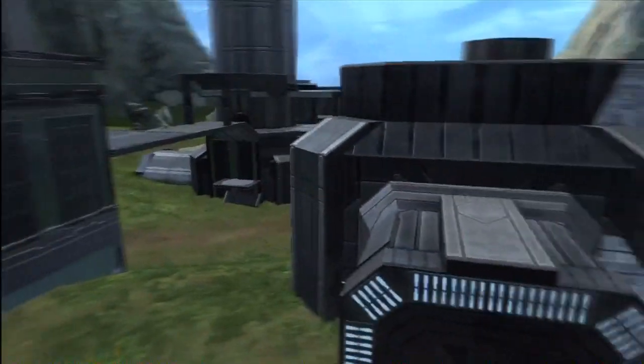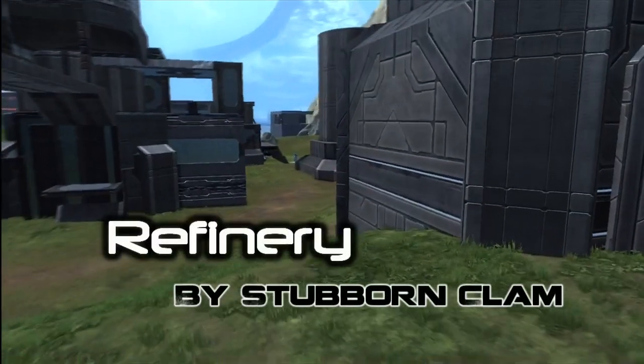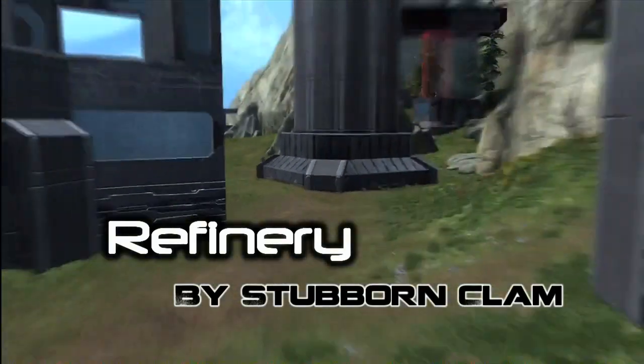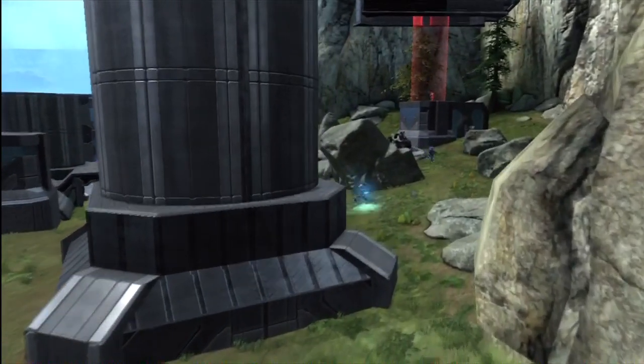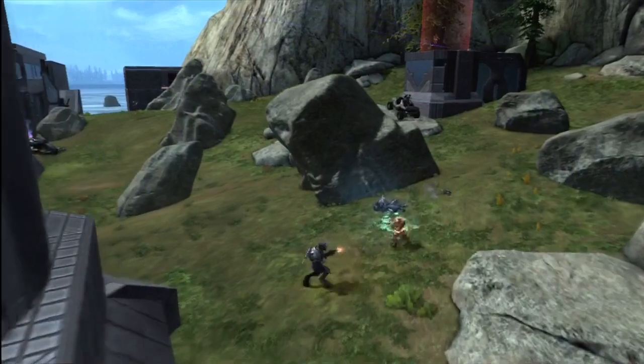Hey guys. And we're here with our newest invasion map feature, and this is Refinery by Stubborn Clam. Now, Refinery is a Spartan defense map based in a refining complex in the Valley of Forge world. And there was quite an interesting development process, but we're going to cut off from that for now and see